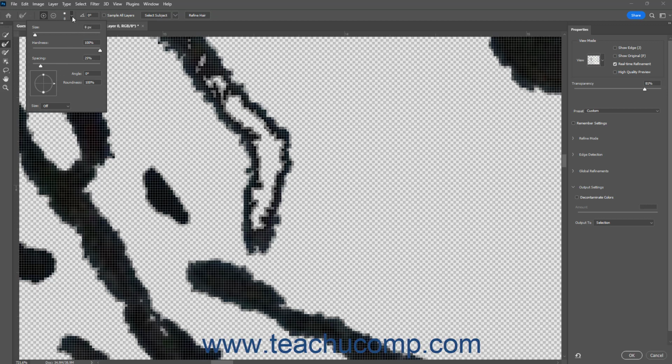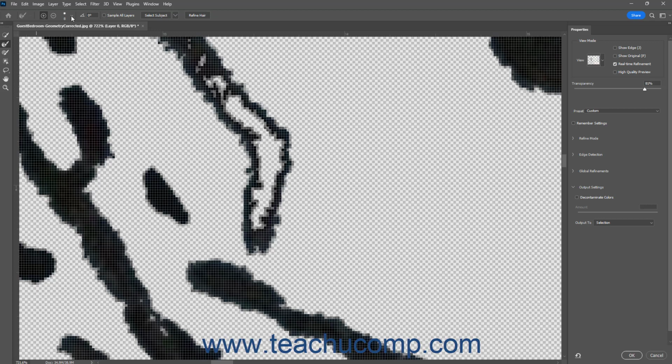To set what controls the dynamic size setting if using a pen or stylus and tablet, select the desired choice from the Size drop-down at the bottom of the panel. To close the panel, then click the Click to open the Brush Options button in the Options bar control panel again. To sample data from all layers in the image if needed, check the Sample All Layers checkbox in the